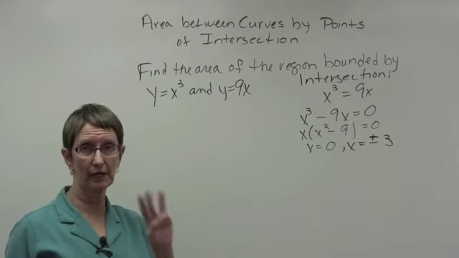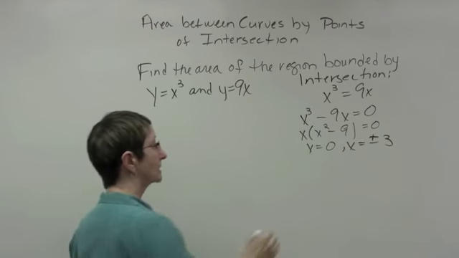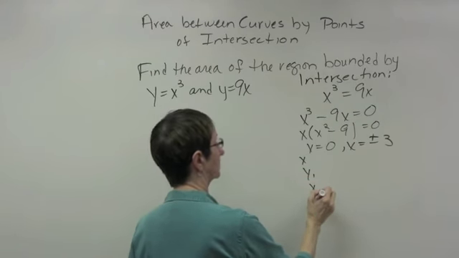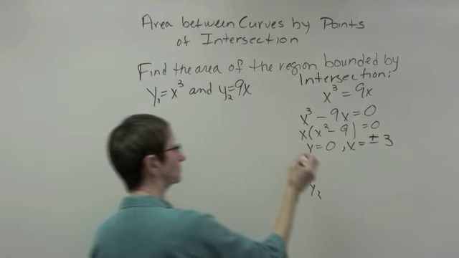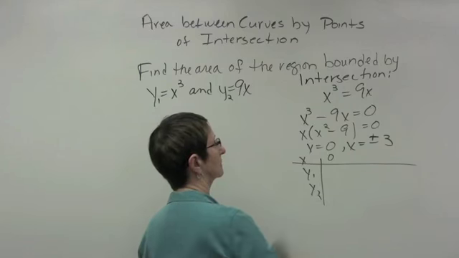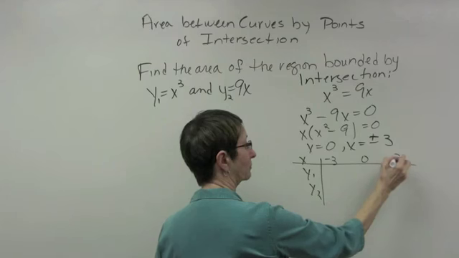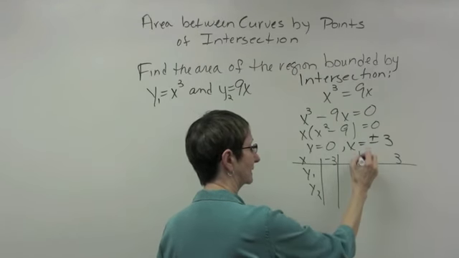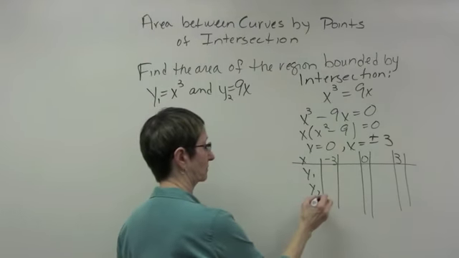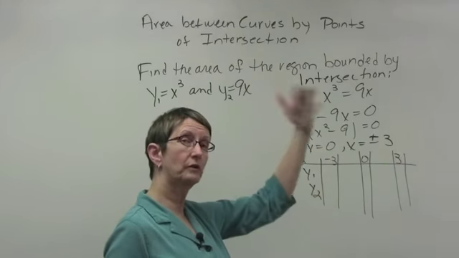We have 3 points of intersection. This curve is going to intersect 3 different times. So we have to think about it in terms of our two curves, y1, y2. At 0, not 0, I want to go in order: -3 and 0 and 3, I should get exactly the same numbers for y1 and y2, because they meet. What I need to know to determine the curve on top and on the bottom is what